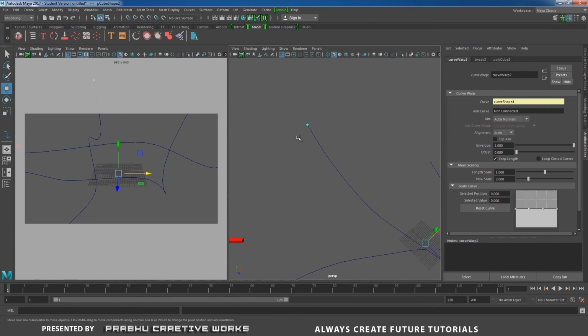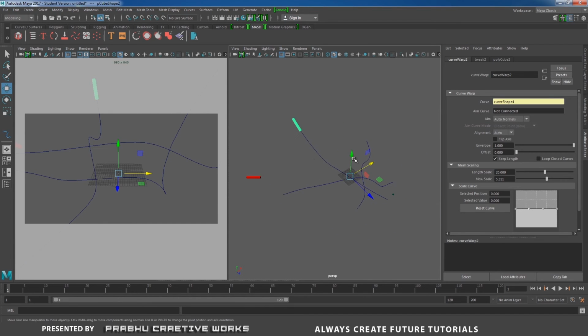That means it will automatically start over here. Now I will increase my length to 20, and increase my maximum scale amount, equal to this mesh. I will increase my maximum scale.